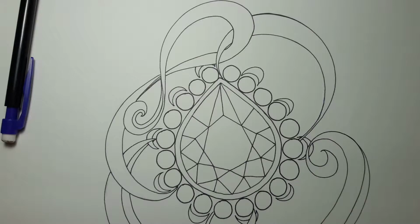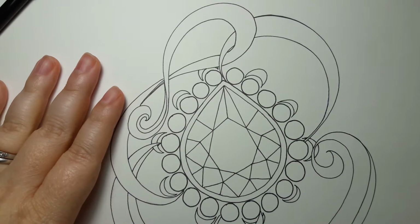Today I'm going to be doing a short run through of how I've been doing my newer faceted gems. This is mostly just a test run, trial and error type thing, and to make sure that I explain it well. So, give me your thoughts, let me know if I explain things well, if I need to explain things more, and all that fun stuff. So, without further ado,